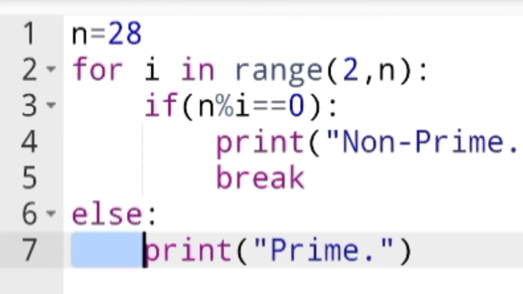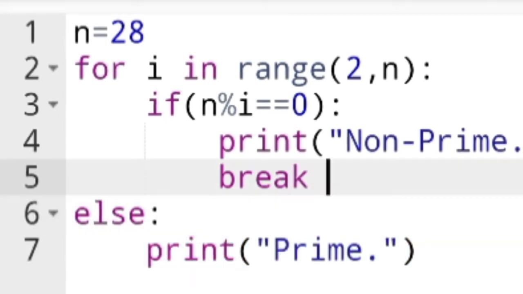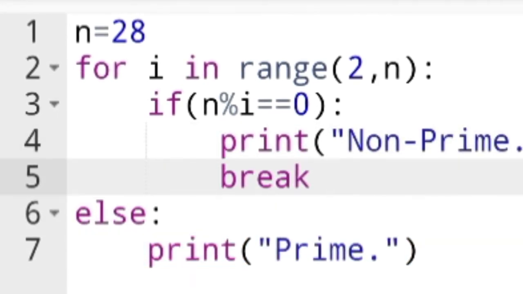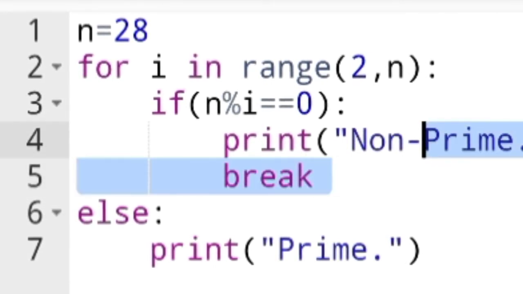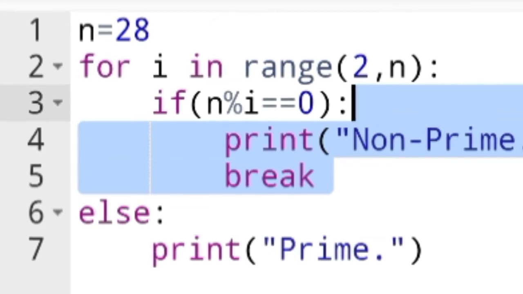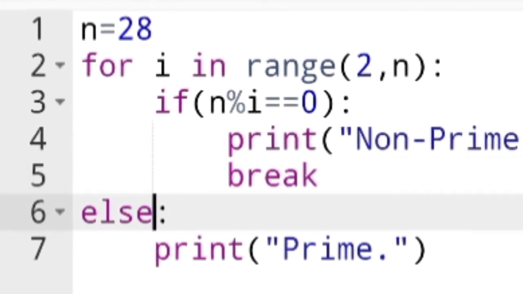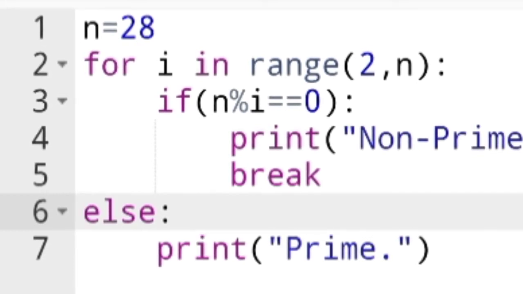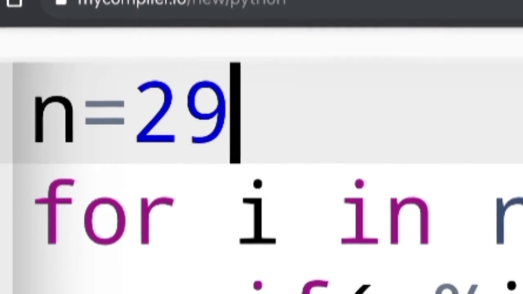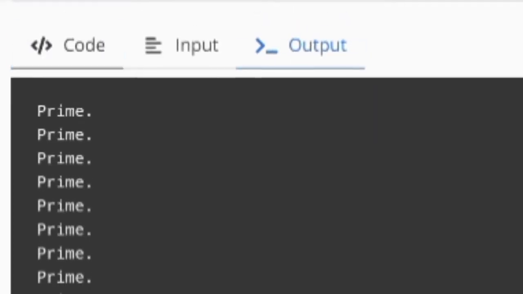And under the else statement is the print prime, meaning after checking, for i in the range 2 to n minus 1, if it doesn't find any remainder, then it will come to the else statement. You have to understand this very carefully. Next, I have marked this area which is under the if statement. Then I will break this statement and come out of the loop. Now if I move the else statement one step forward, you will see what happens. Now you can see that it will print prime in a repeated manner. So it will do the same thing, meaning the else statement is now inside the for loop.